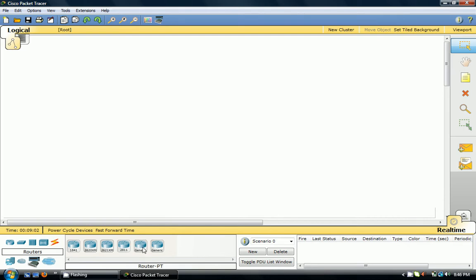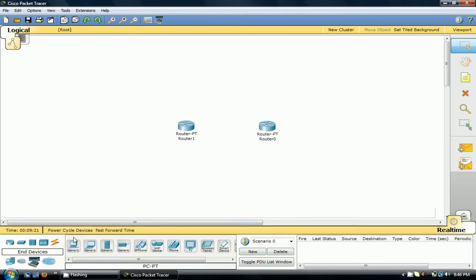Because the generic router, if you look here, it says generic. This router has modules in it already, so we don't really have to fiddle with it. If you click router empty, you're gonna have a bit of a problem. You're gonna have to put modules in and that sort of thing. So just let's go with the generic. We'll select 2 for now,